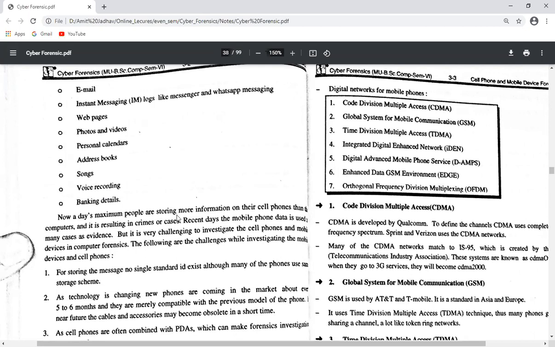Nowadays, most people are storing more information on their cell phone than on their computers, and it's resulting in crimes or cases. Long ago, people stored their data on a computer or a laptop.